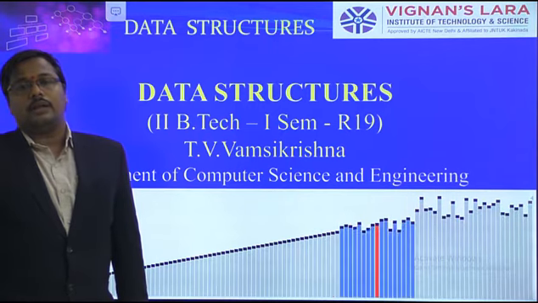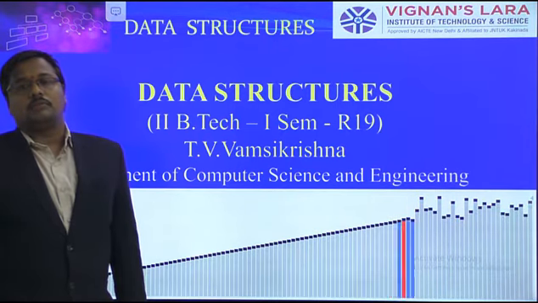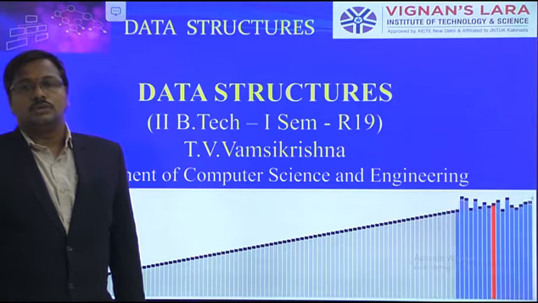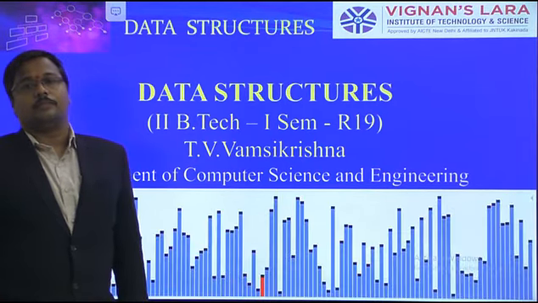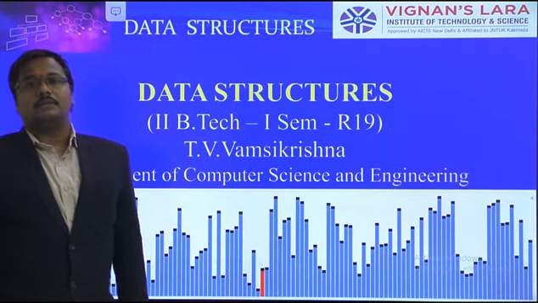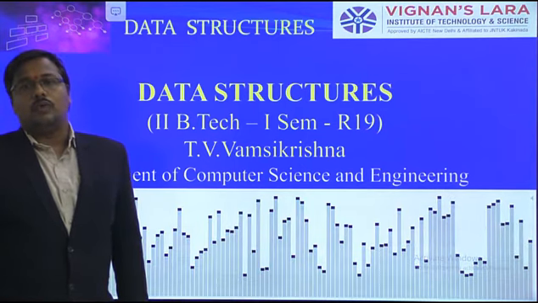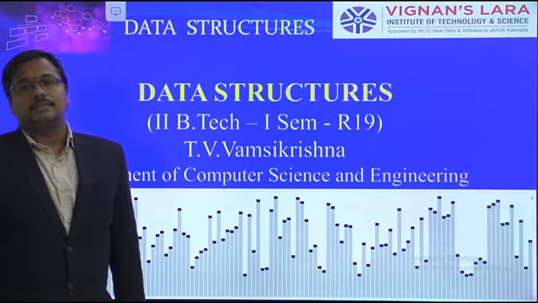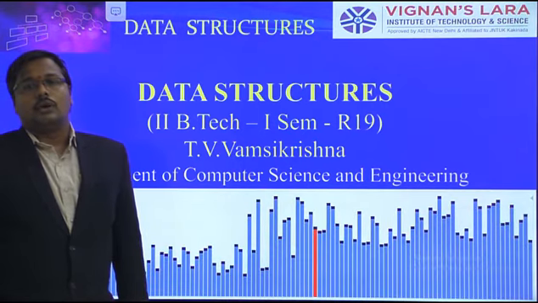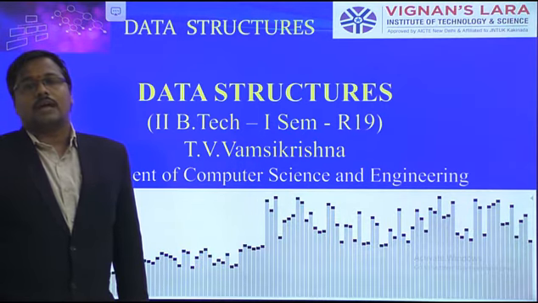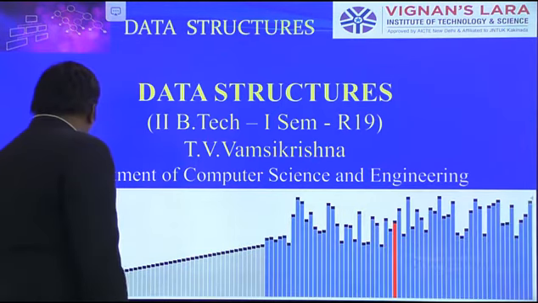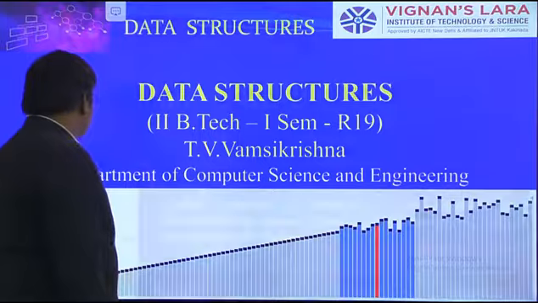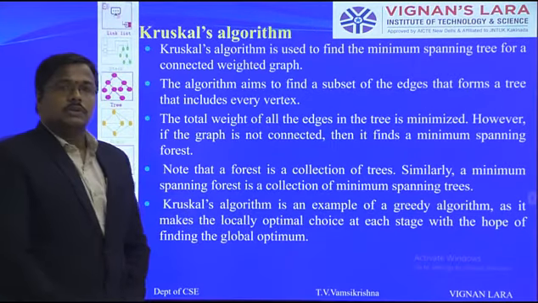The spanning tree can be defined as the minimum number of edges used to connect all the vertices in the graph. So minimal spanning tree means, for a weighted graph, while selecting the edges, we want to identify minimum cost edges. Okay, so what is Kruskal's algorithm?